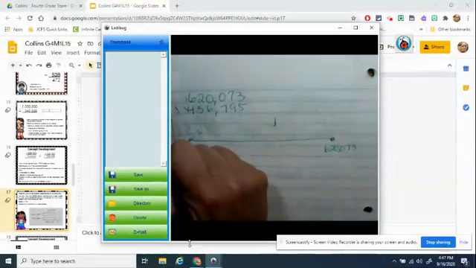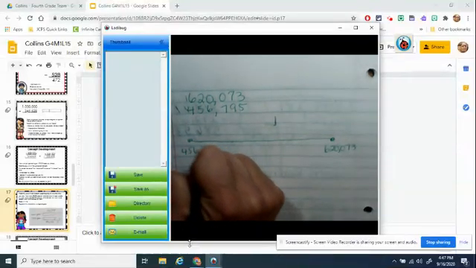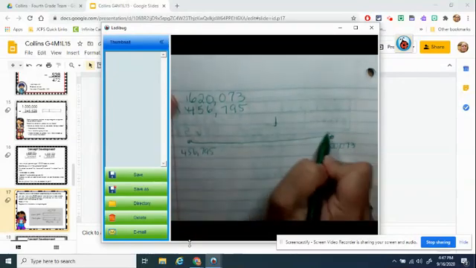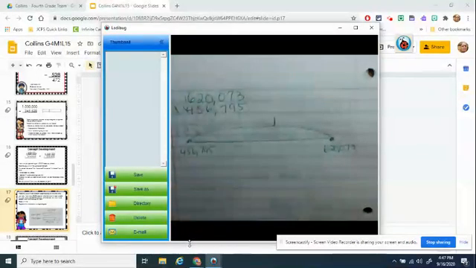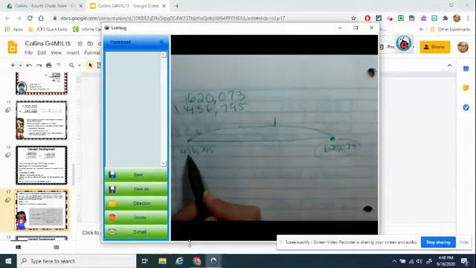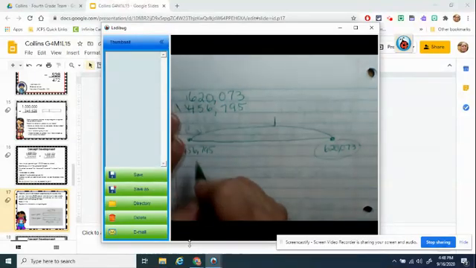And then 456,795 is where we are this year. There's a difference between these two numbers. When we're finding the difference between numbers, we are subtracting, okay? And we have to subtract starting with the biggest number, subtracting the smaller number, okay? Here's another way to draw it. So if I have